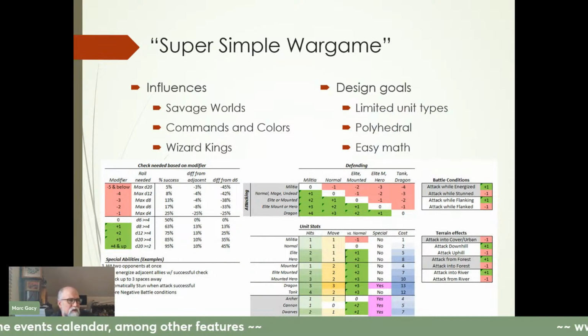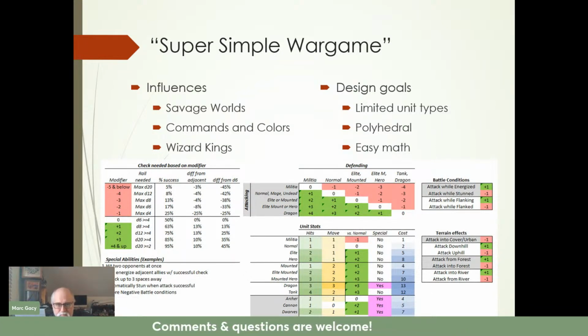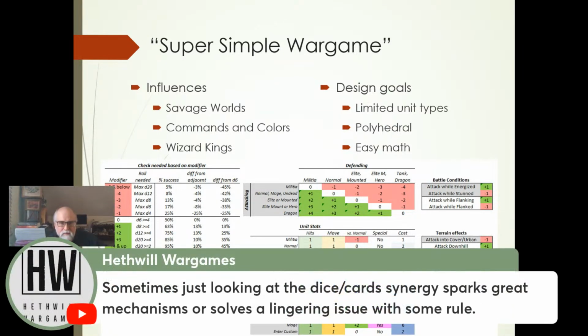So this is one of my games that I'm currently working on, and I'm calling it my super simple war game because I want it to be like an engine. I want it to be a really simple engine. And some of the things that I was,